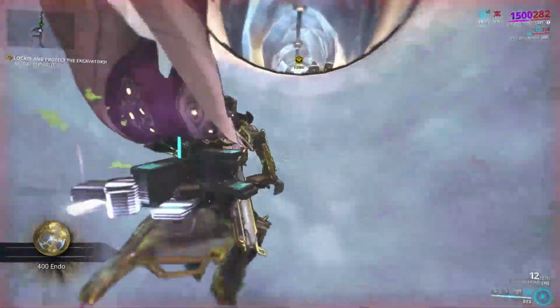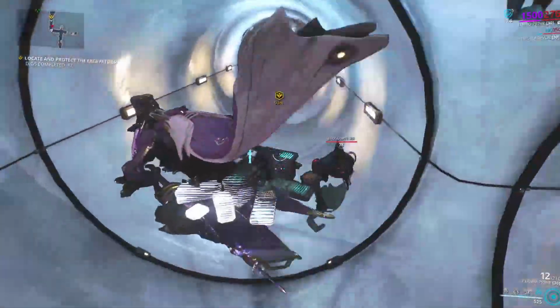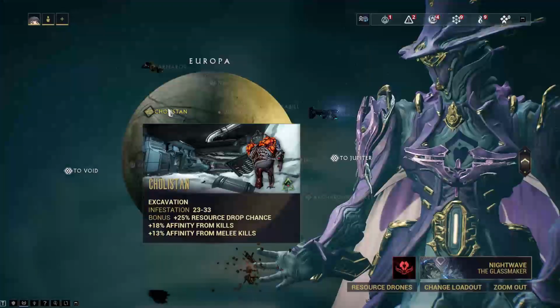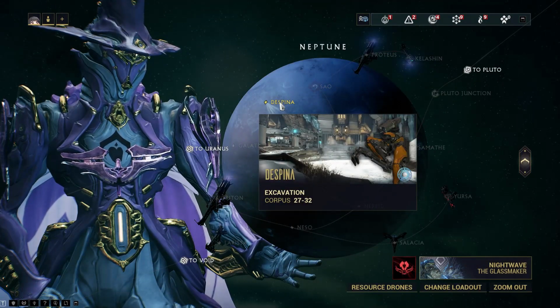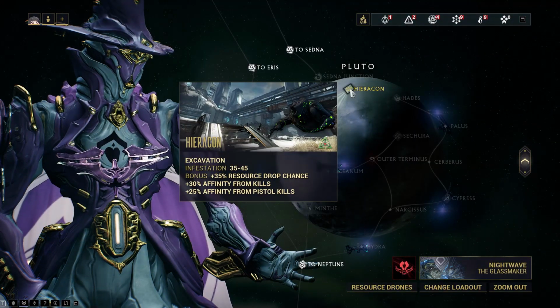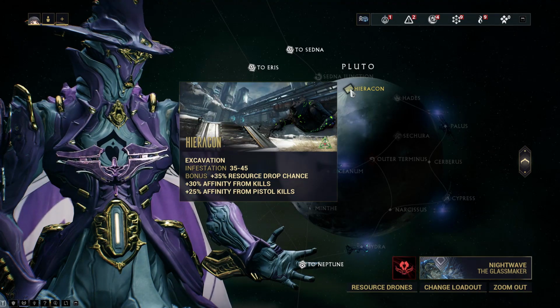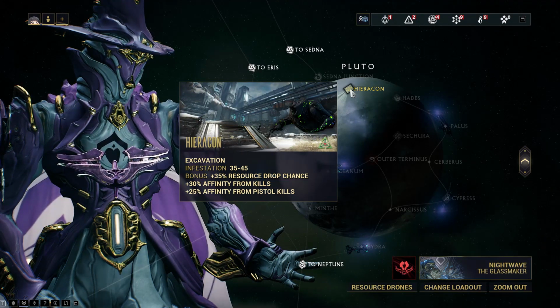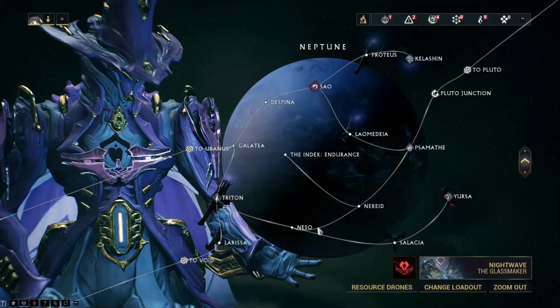Endo reward. This specific drop table is applied to all Tier 3 excavation missions, namely Kolistan as previously mentioned, Despina in Neptune, and Hieracon in Pluto. It is advisable to switch to Hieracon once you unlock it, as the tileset there is so much better than Europa's. And speaking of Neptune, there is a node there called the Index that is the perfect place to stock